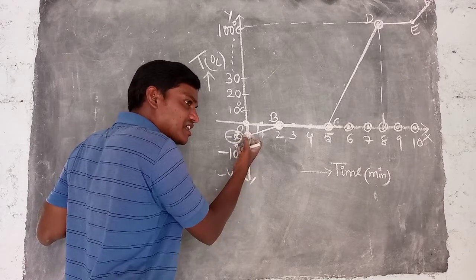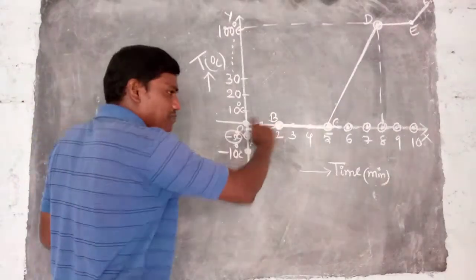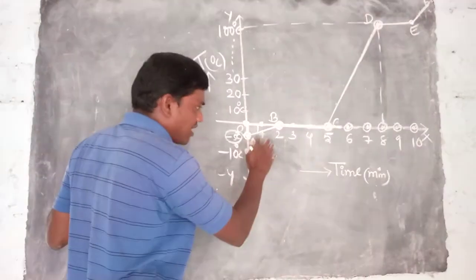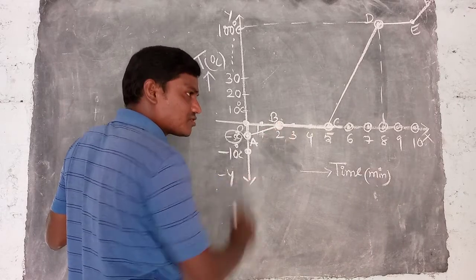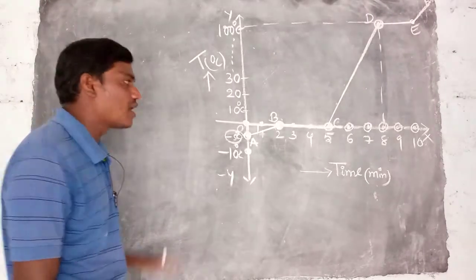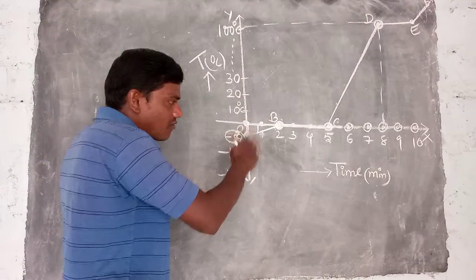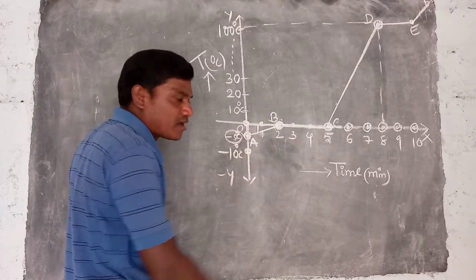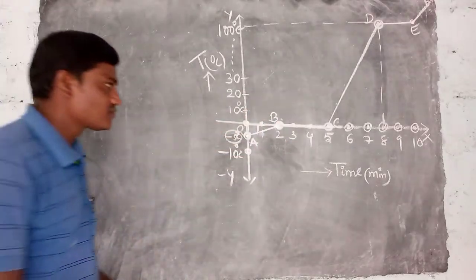If we supply heat energy, the ice cubes absorb it and their temperature gradually increases: minus 4, minus 3, minus 2, minus 1 and 0. When the temperature reaches 0, the ice cubes start to convert into water. But until the entire 2 kg mass of ice is completely converted into water, the temperature does not increase. That is what we are observing.